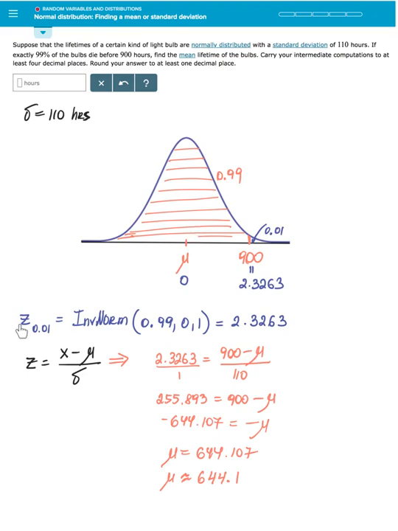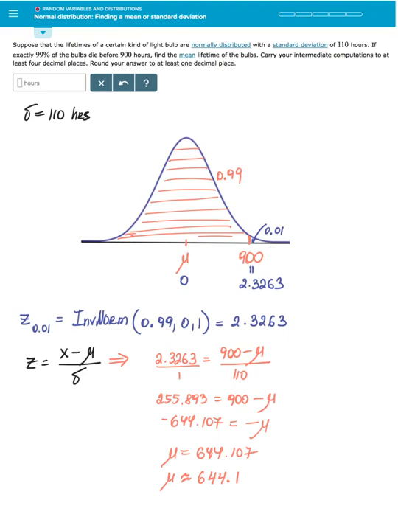So z sub 0.01, which is this location, because it has 1% of data to the right, will be equal to inverse norm when 99% of data is to the left side, and of course on a standard normal curve, mean is 0 and standard deviation is 1. This results in 2.3263